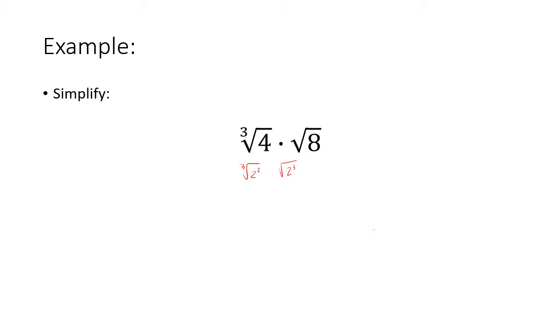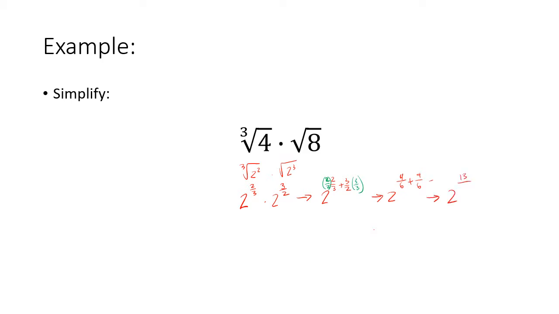Then we can convert those into rational exponents and say that this is 2 to the 2/3 power times 2 to the 3/2 power. Now that's the same thing as 2 to the 2/3 plus 3/2, and all we have to do now is add 2/3 and 3/2. So the common denominator between 2 and 3 is 6, so we multiply that by 1, multiply that by 1. What we end up with is 2 to the power of 4/6 plus 9/6, which is 2 to the power